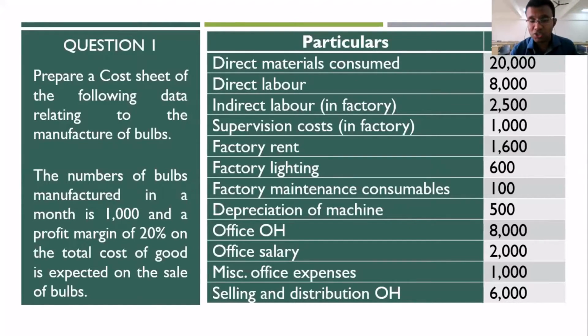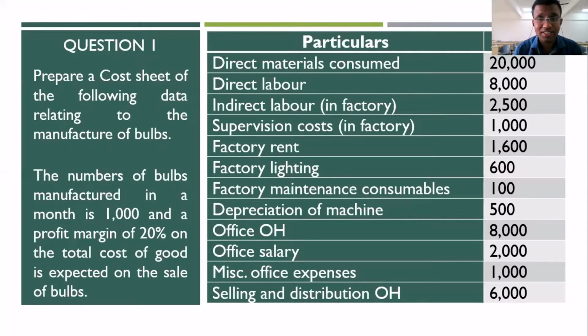Now, cost per unit is not a mandatory parameter. It is not a mandatory field. Just in case the number of units is known to you, you can go about calculating cost per unit. Because if you have to calculate cost per unit, you have to divide the total cost by the number of units.